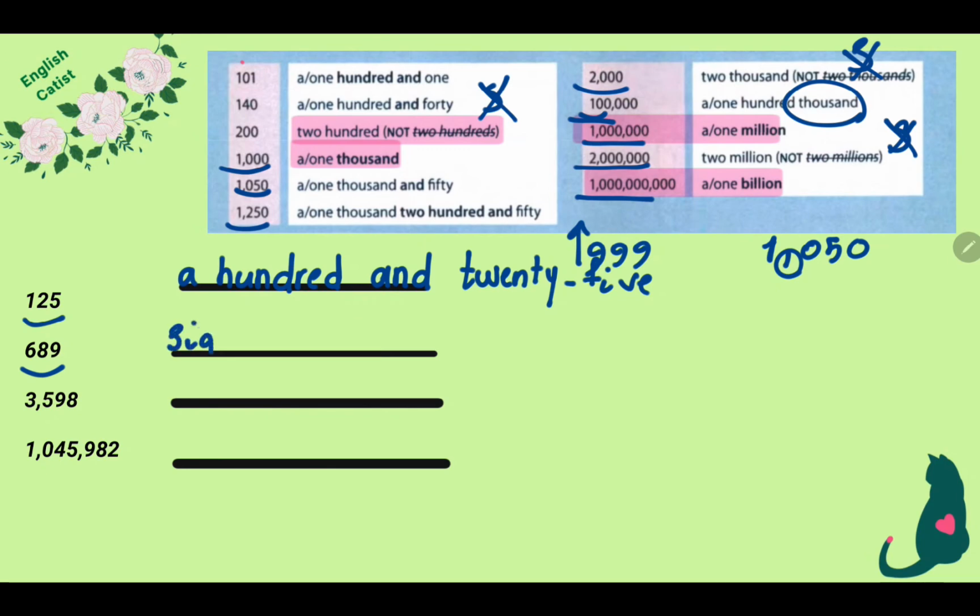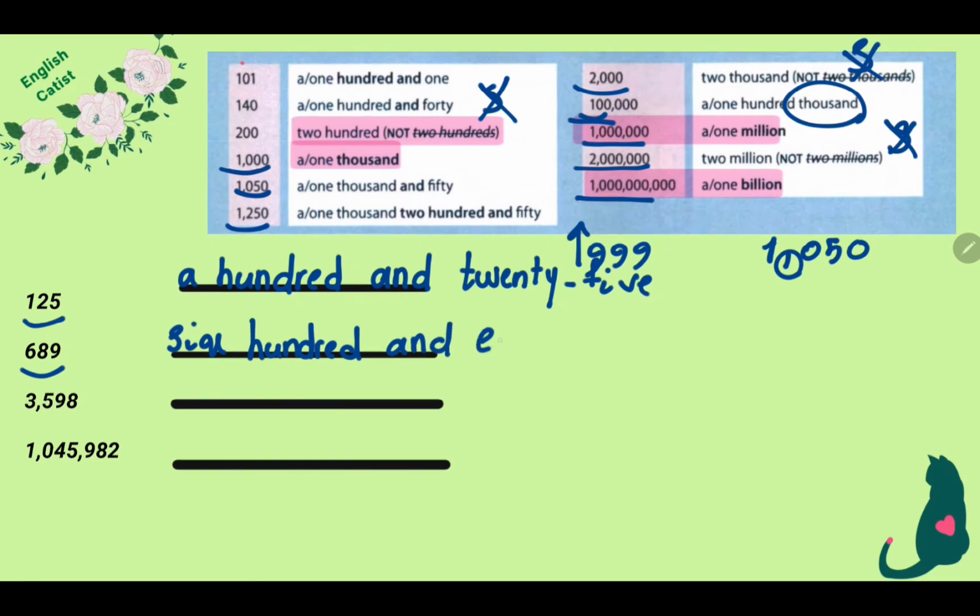The first number is 6. After that, we need 100. 600. So, here we need "and" 89. Our next number. Okay, now we are in the 1000 part. You can see the comma. Okay, so I start with